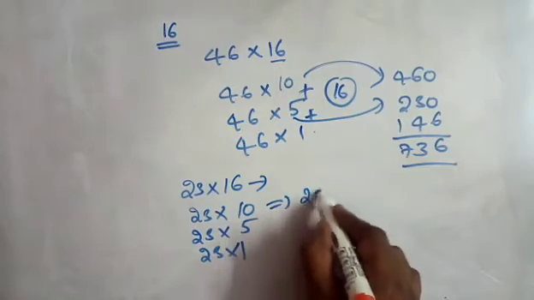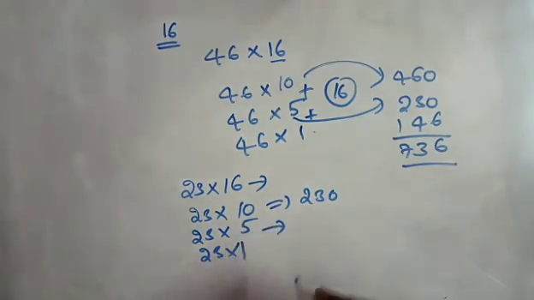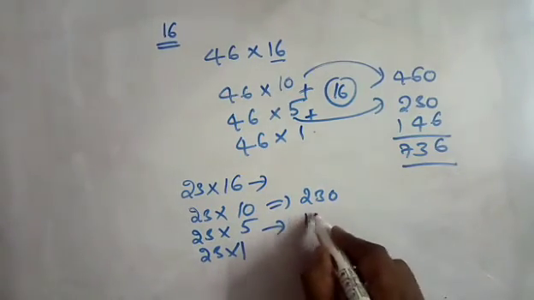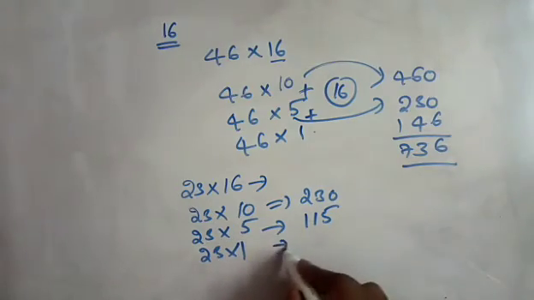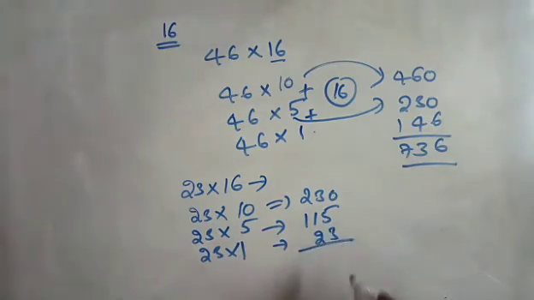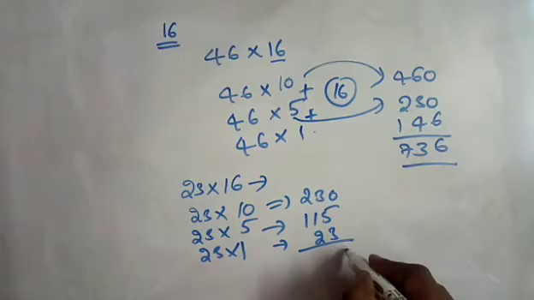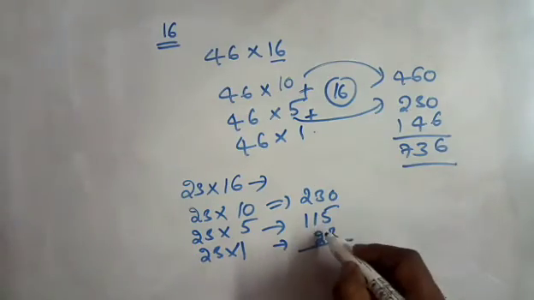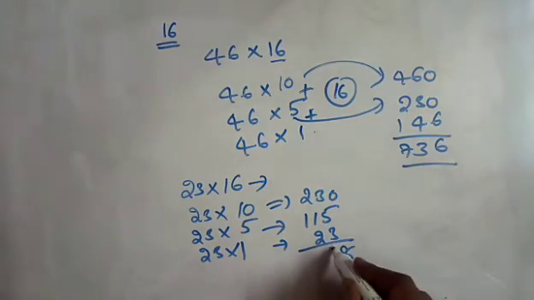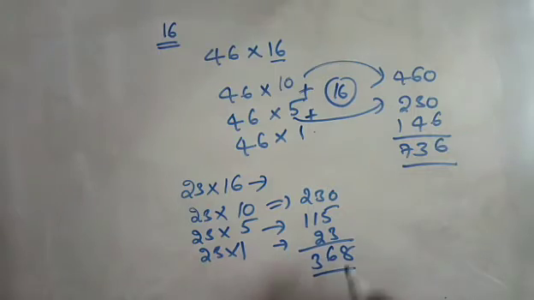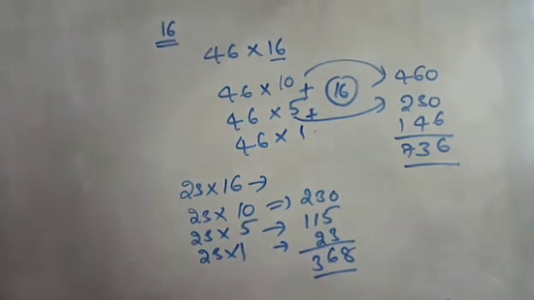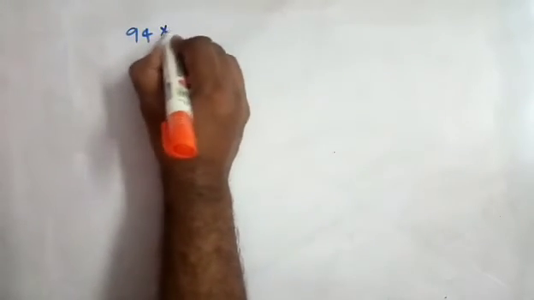So 23 multiplied by 10 is 230, then it is 115, then this will be 23. So how much does it come? Around 368. So like this, in a similar way,